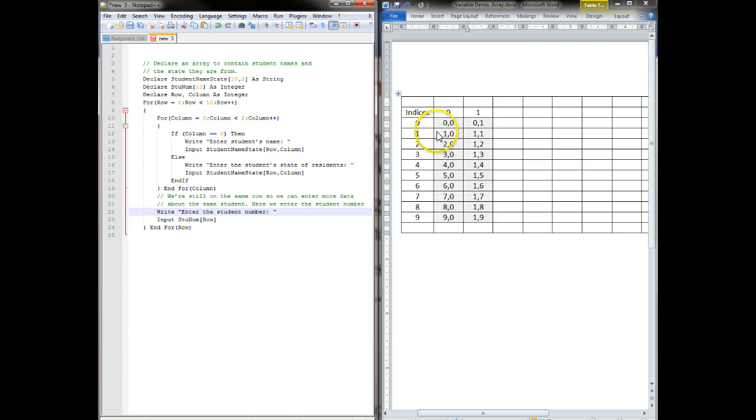Now we're on the second row. Now it's going to go back into the column for loop and enter the name and state, and then it's going to exit that for loop and have the user enter the student number. And now notice that the value for row is still 1, so it's still going to be entering in that same row. So that's pretty important information, and that might be helpful to you when you're working on